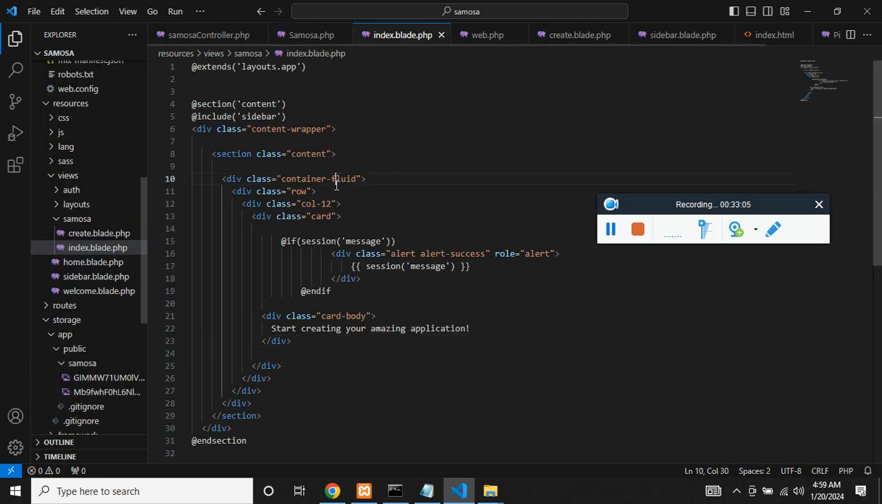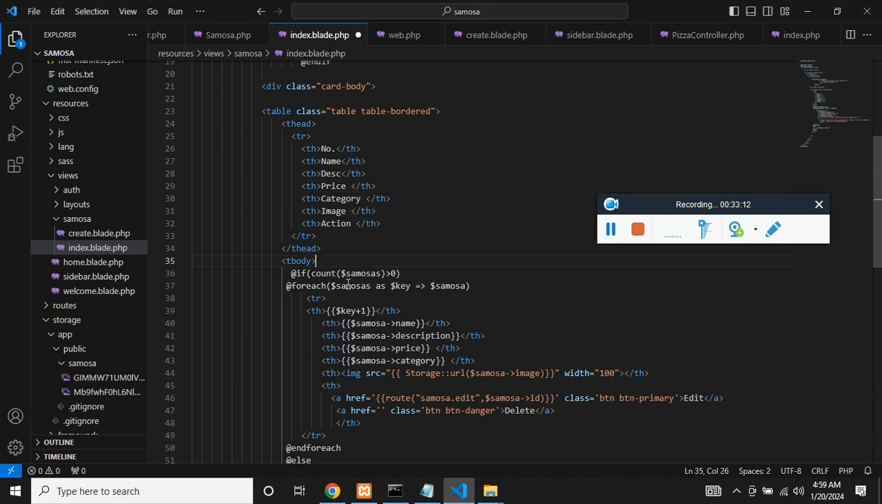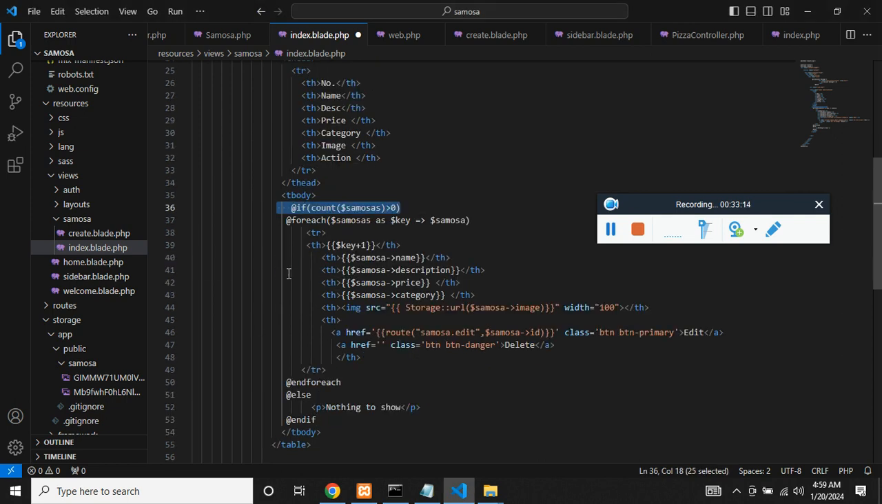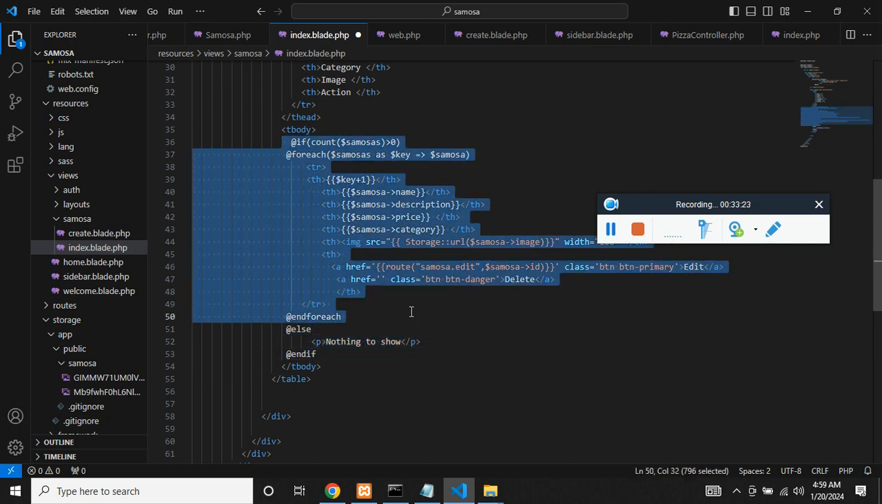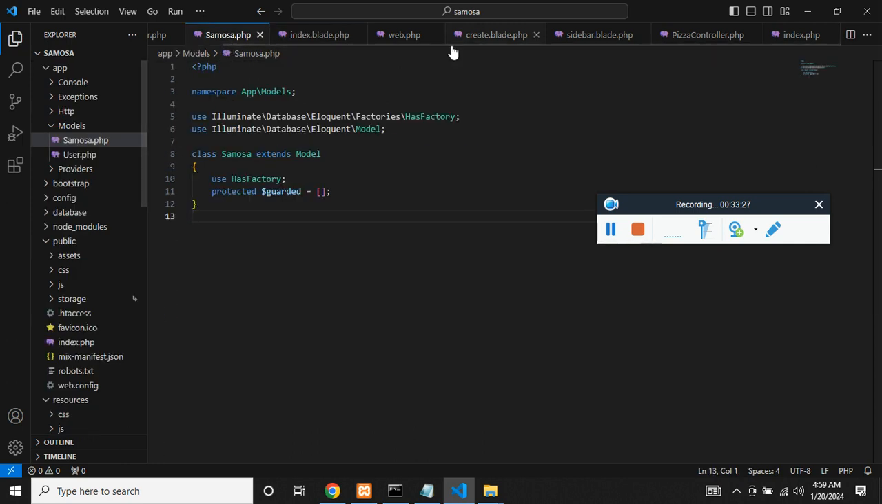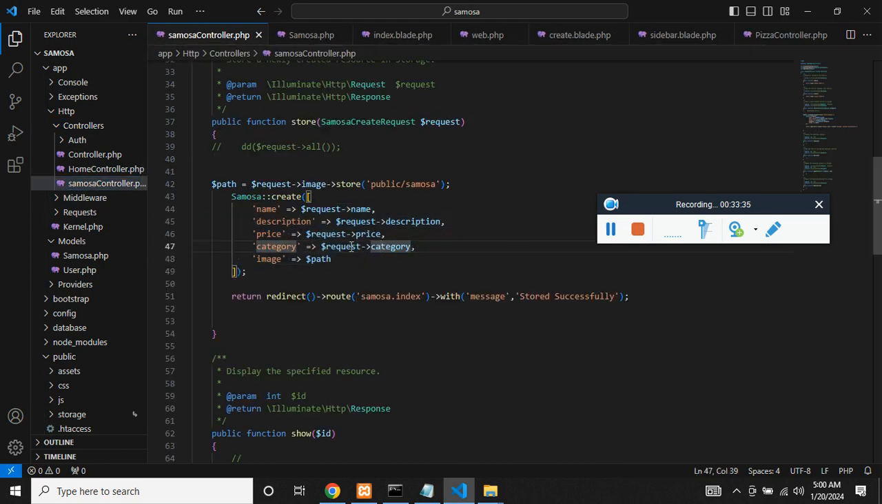Cool, that is done. Now let's focus on the table. Here we will be creating a table. This code is nothing but: if there is no data, we show no data to show. If there are some values, in order to get the values we have to get into the controller. So in the HTTP controller, SamosaController, in the index